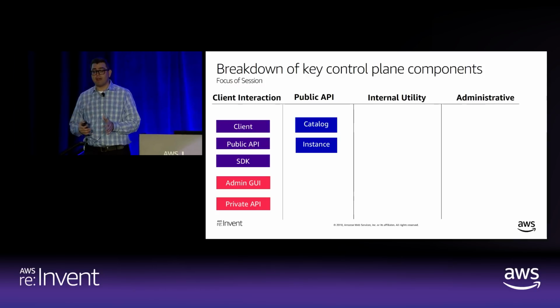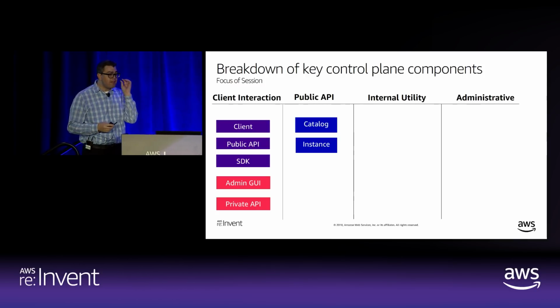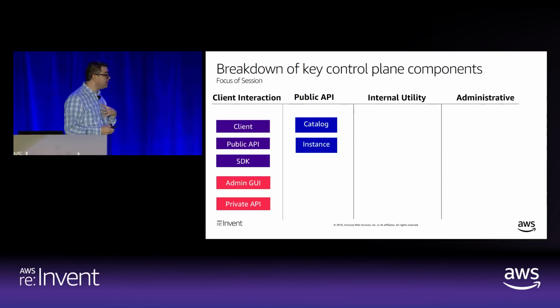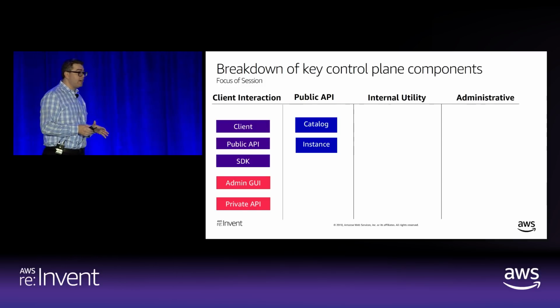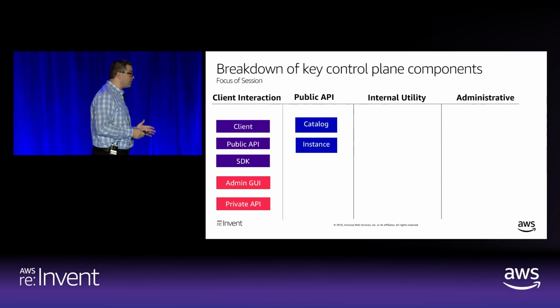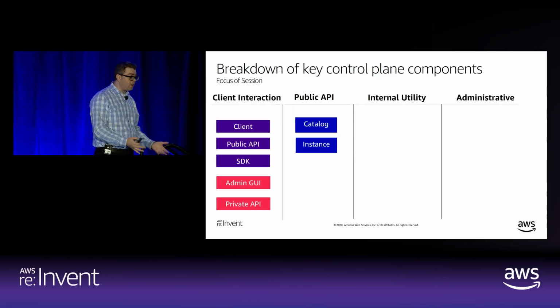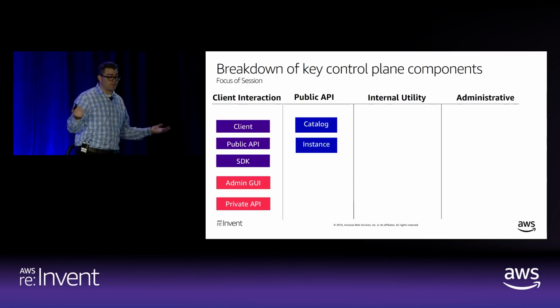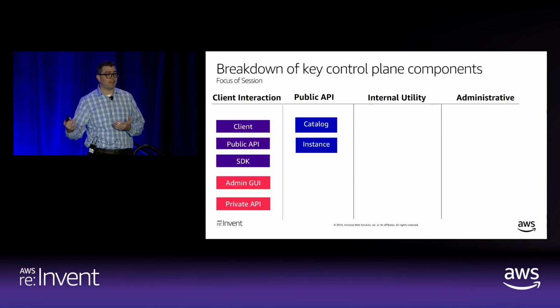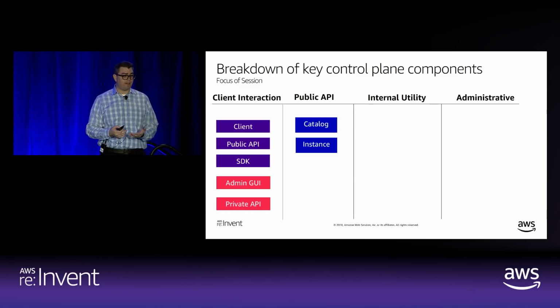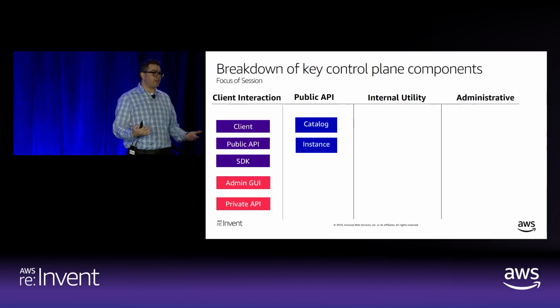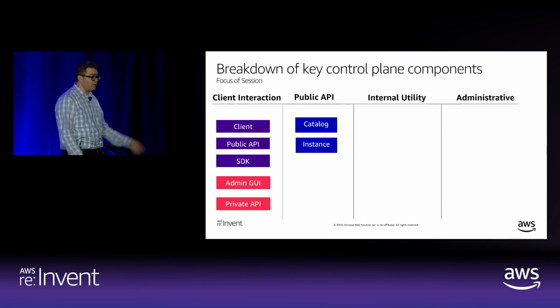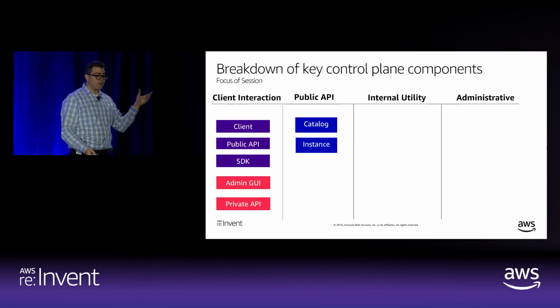Some of the public APIs that I'm listing out here are some of the minimum requirements, to me, if you were to implement this in a turnkey fashion for customers. So you need the catalog. The catalog is that product catalog with the SKUs. They say, hey, show me what services you have, right? You're going to showcase that through the user interface. Likely, they're not going to go ahead and search your product catalog API. They're going to go through the interface and say, OK, drop down, I see what products there are.